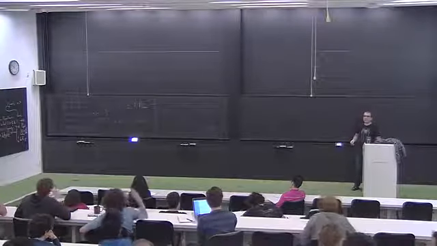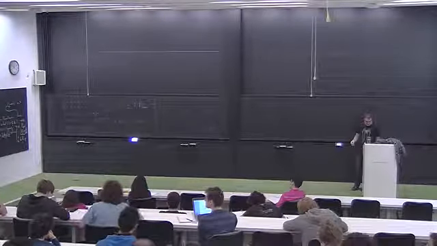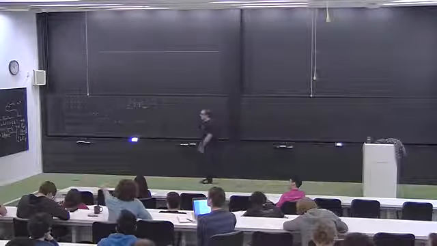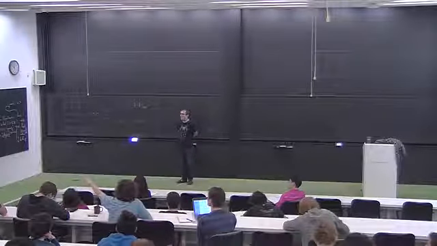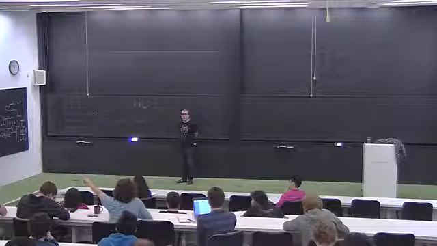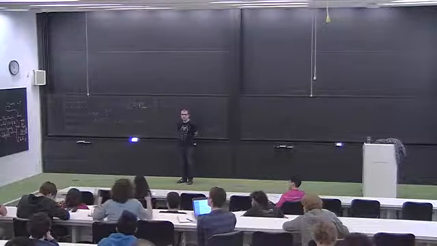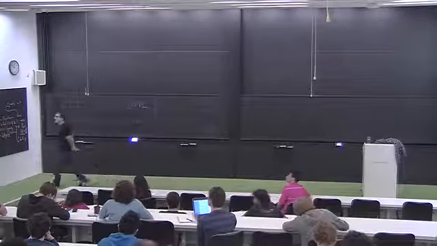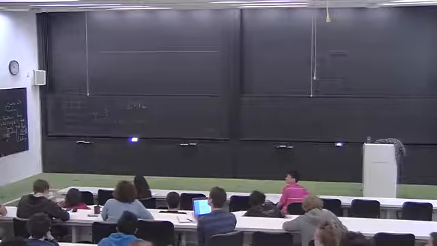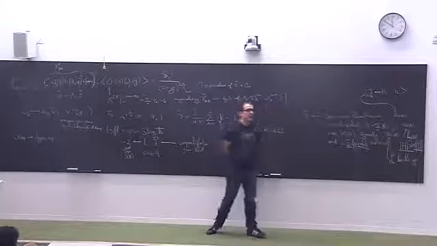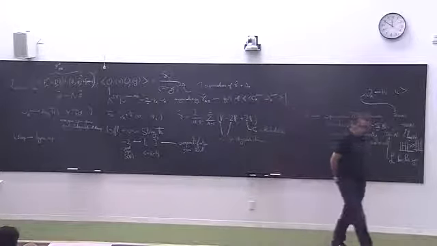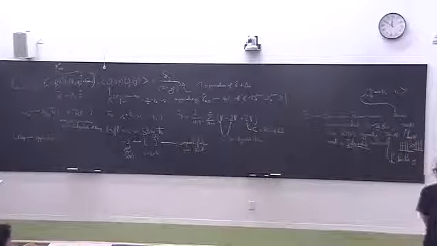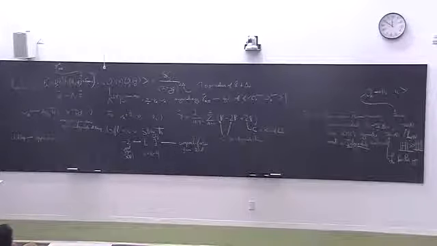Other questions? Yes? The analogy between correlation functions in N=4 super Yang-Mills and spin chains seems to work for the 2-point functions. But Yang-Mills also has higher correlation functions. Very good. Yeah, that's an excellent question. So in a conformal field theory, the starting point, the simplest question we can ask is 2-point correlation functions. Once we solve 2-point correlation functions, we can ask what about 3-point correlation functions? And then once we solve 3-point correlation functions, we can ask what about 4-point correlation functions. And you see the pattern.